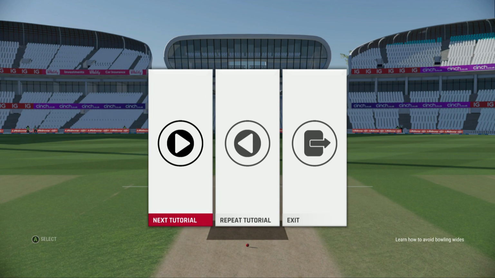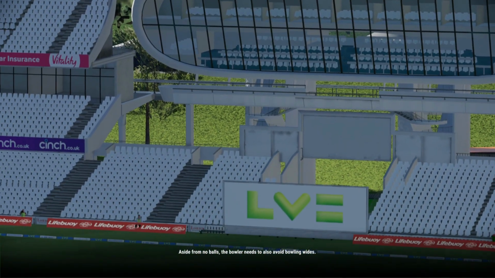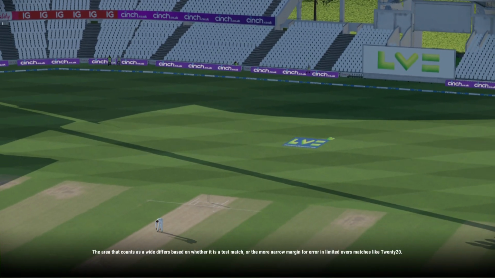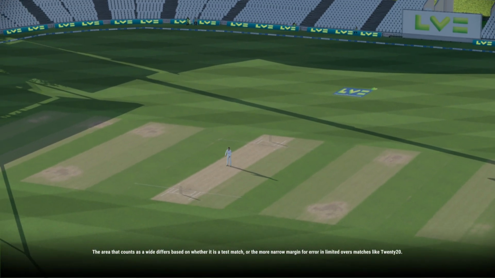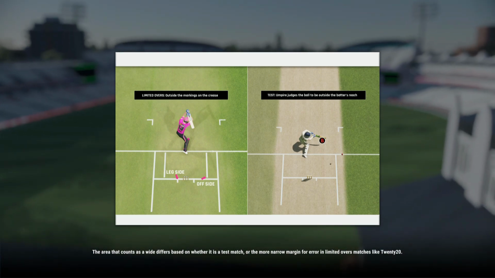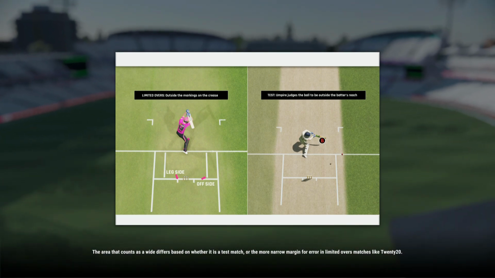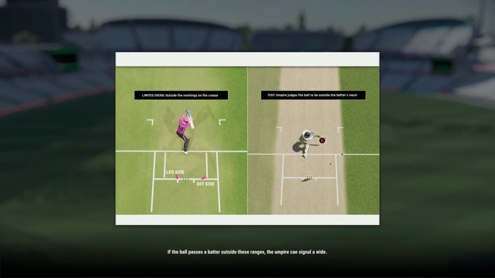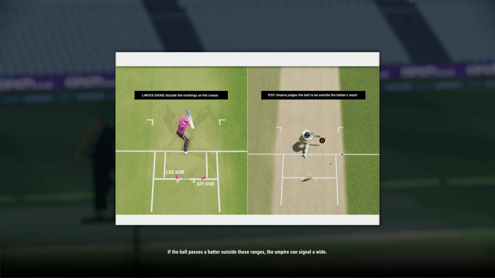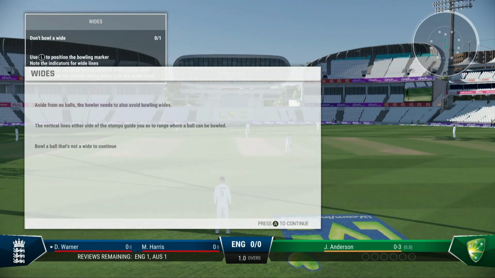Good job. Aside from no balls, the bowler needs to also avoid bowling wides. The area that counts as a wide differs based on whether it's a test match or the more narrow margin for error in limited overs matches like 2020. If the ball passes a batter outside these ranges, the umpire can signal a wide. This will